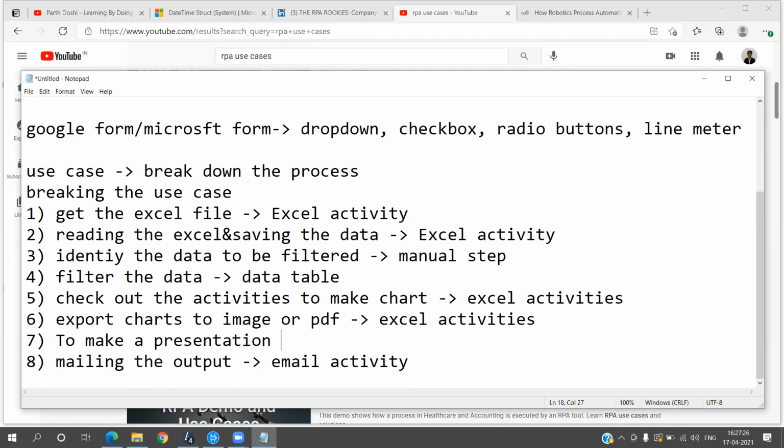Now, if you see, this wasn't the use case I had at all thought of before starting this session. I just made it right now by thinking what all manual processes can be done and how I will implement this within my robot or within my automation process. So I hope your question is answered, Adimala. Yes, it is. Thank you. Okay, great.